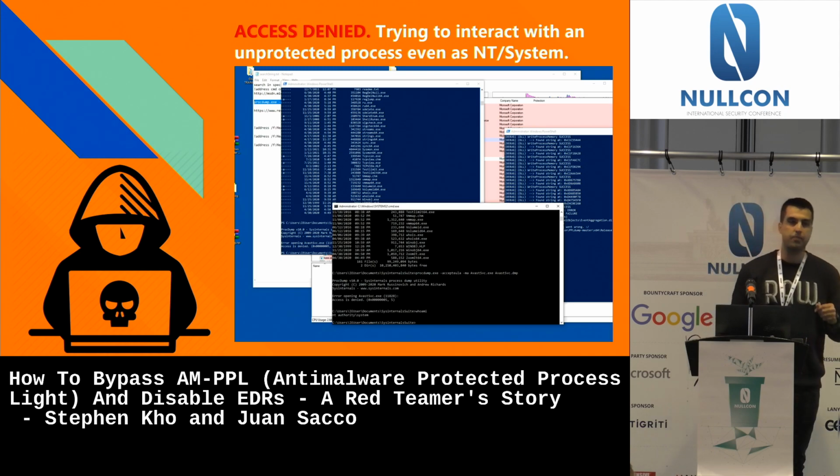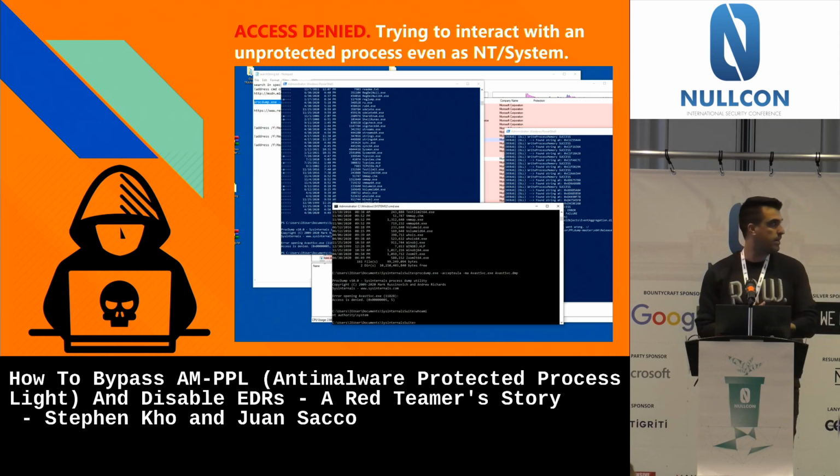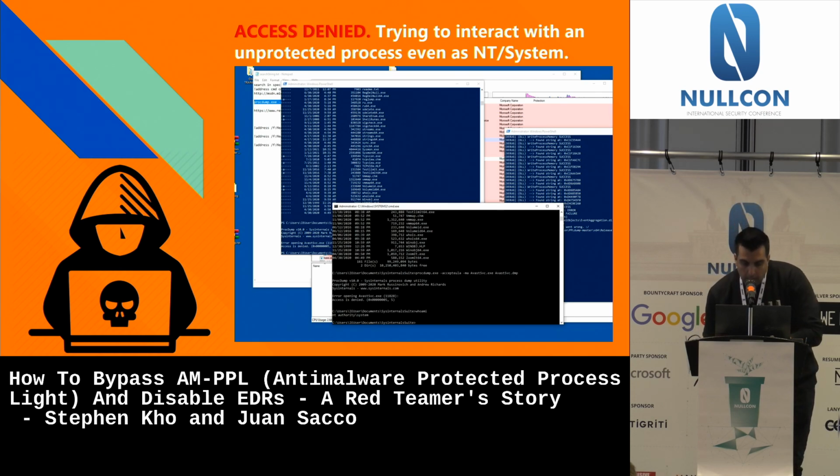Okay, choose an example: trying to dump the memory of a protected process. So here I'm running... it's too small. I don't have my glasses. Maybe okay. Anyway, so I'm basically here.